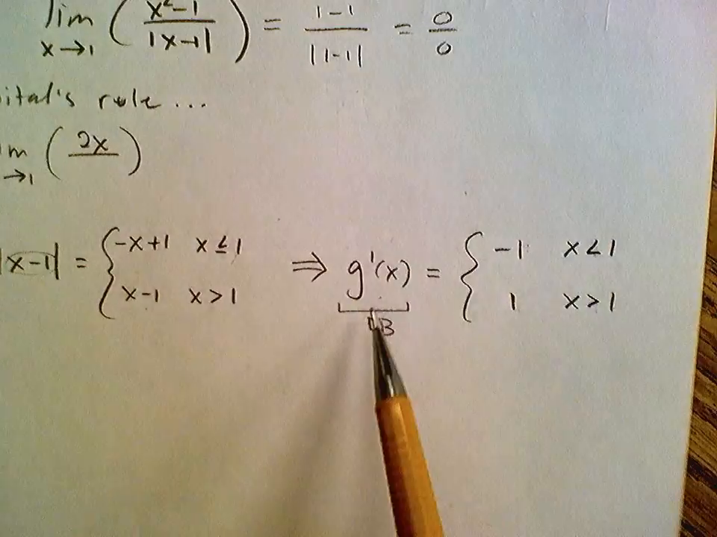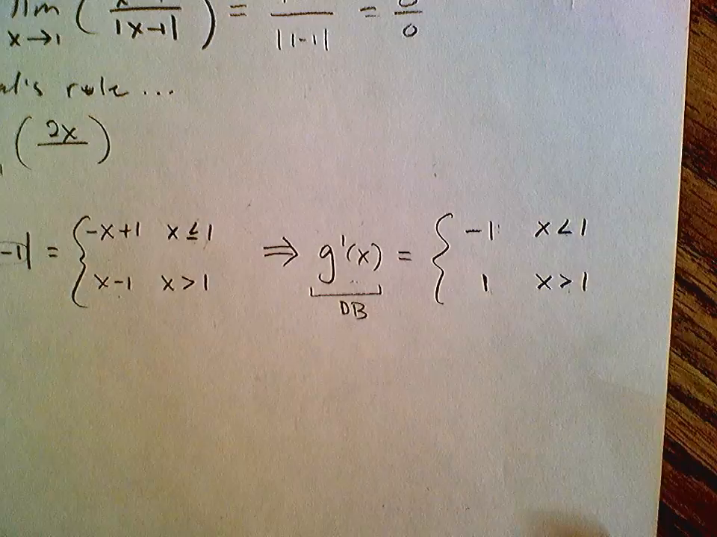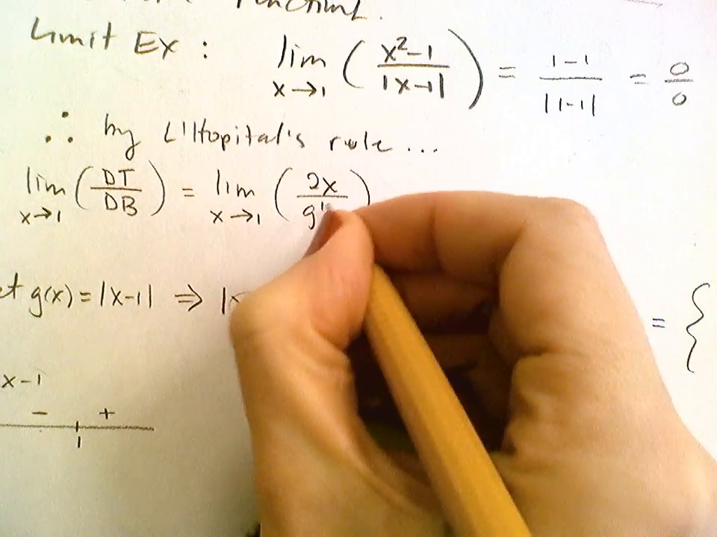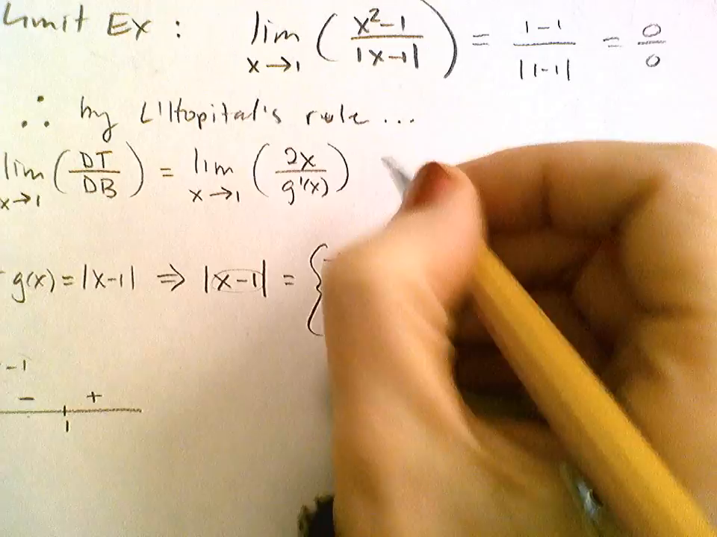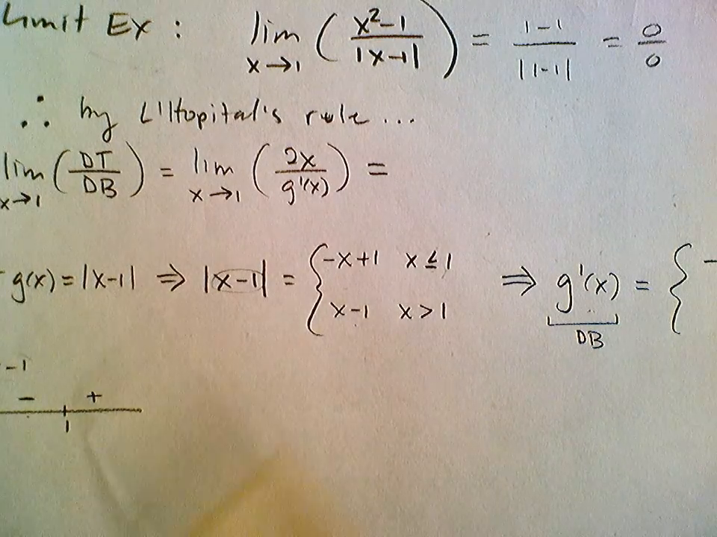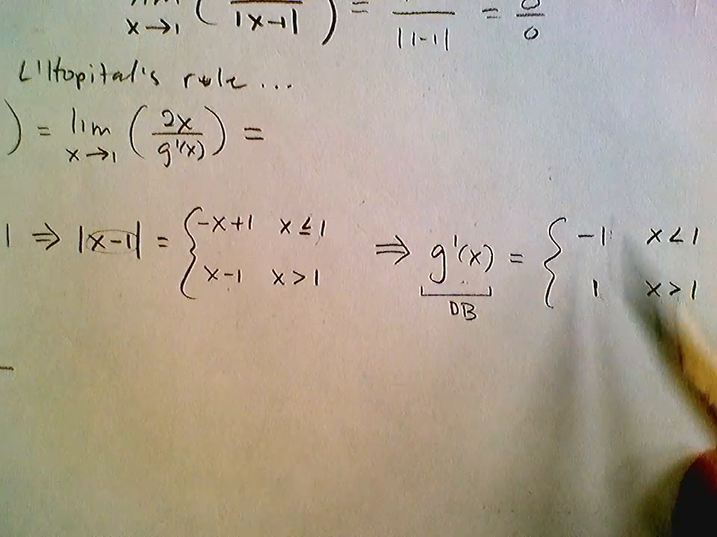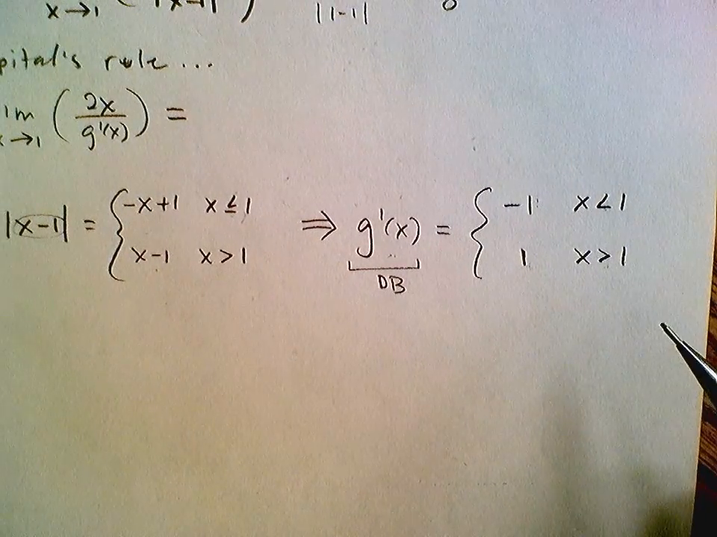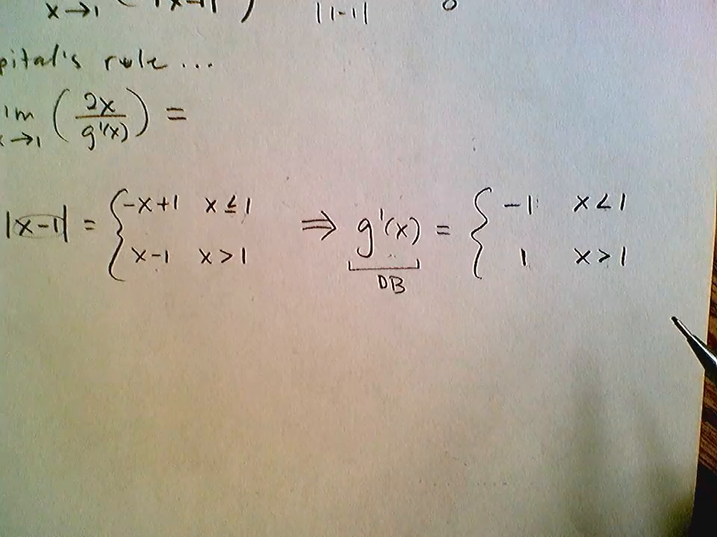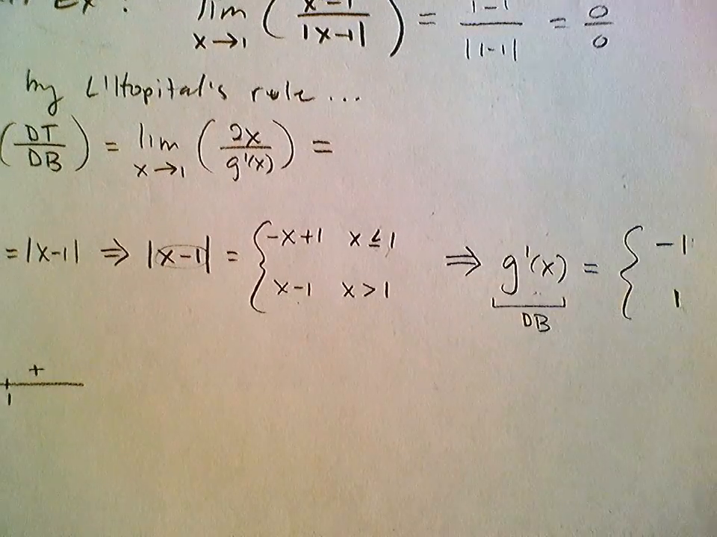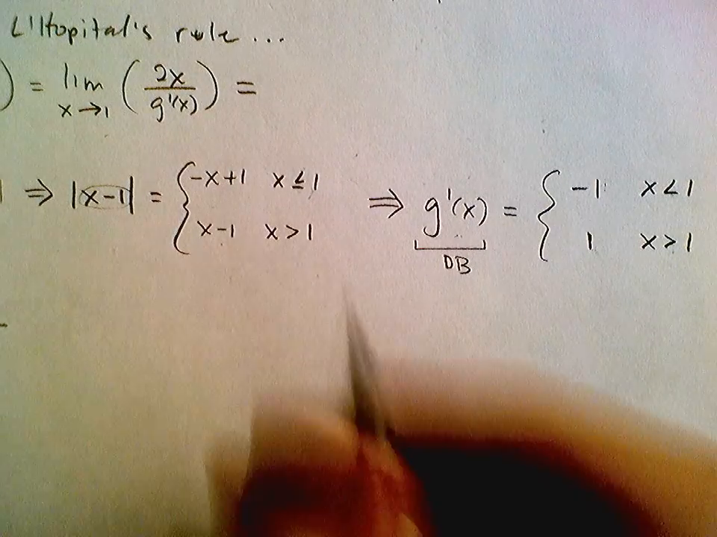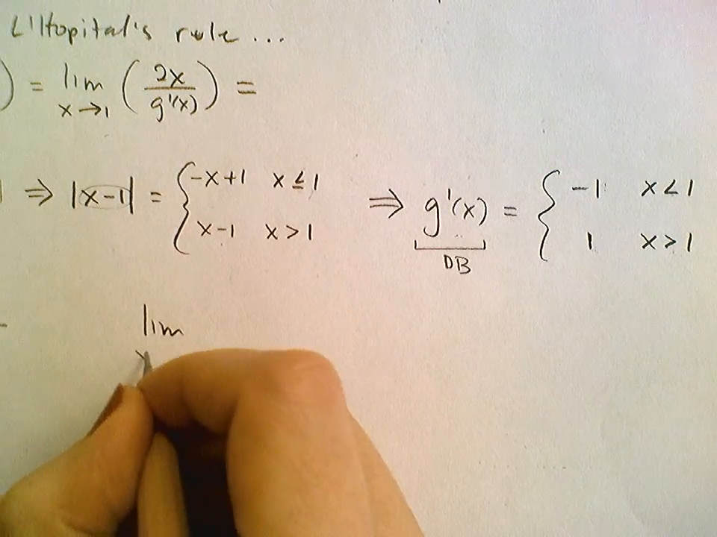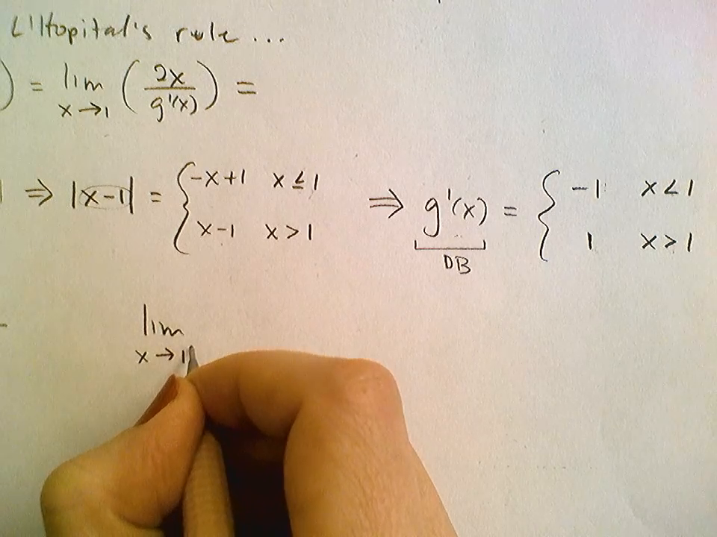So now that I've defined this derivative as g prime, we've got to figure out what this equals. But since g prime is piecewise, we have to consider the limit from the left and the limit from the right. The limit we're looking for is as x approaches that endpoint. So I've got to say the limit as x approaches 1